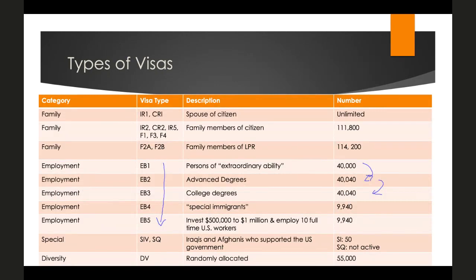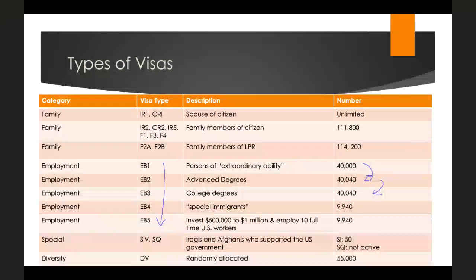There are also a series of categories of special visas, and these are the SIV and SQ visas. The SQ was a former program that granted special immigrant visas to Iraqis and Afghanis who supported the U.S. government during the U.S. wars and occupation in those countries. The SQ visa gave 5,000 visas per year, but up until 2014, and then it expired. The SIV program, which is still in effect, gives 50 visas a year specifically marked out for Iraqi and Afghani translators, but it's only 50 a year.